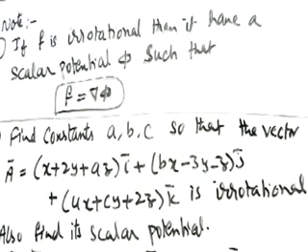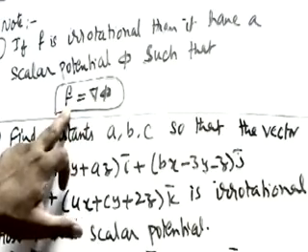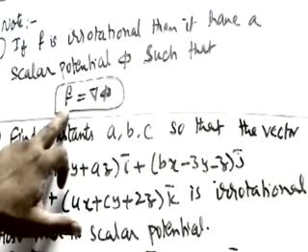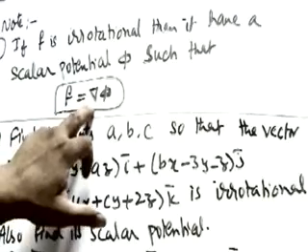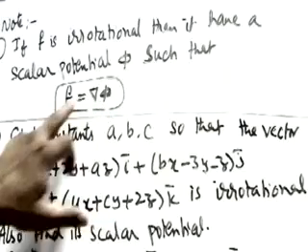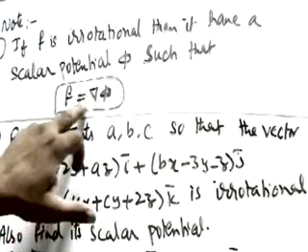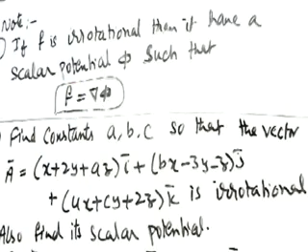Now see here, there is a concept here. If f is irrotational, then we have a scalar potential or scalar value phi such that f can be written as del phi. Phi is any scalar potential. F can be written as del phi if f is irrotational, then f equals to del phi, where phi is a scalar potential or scalar value. Okay, so you have to use this concept.